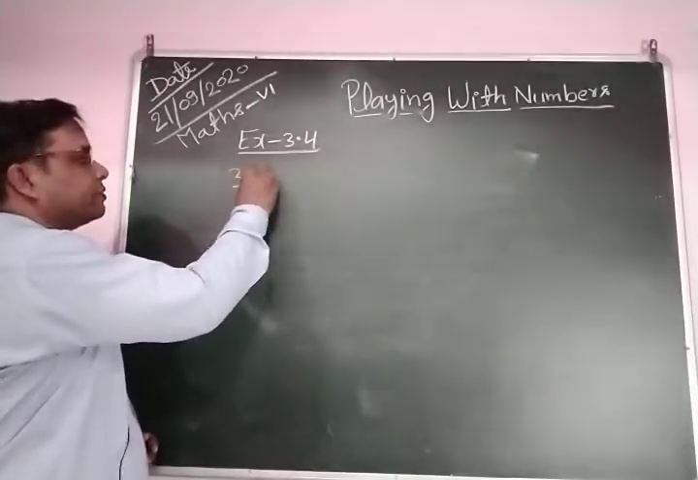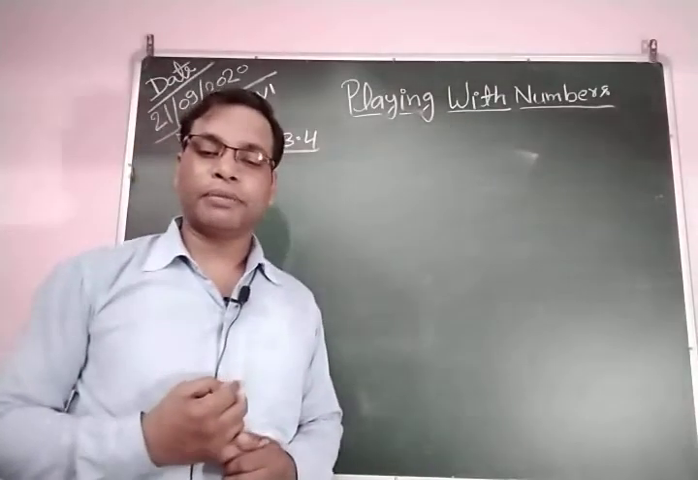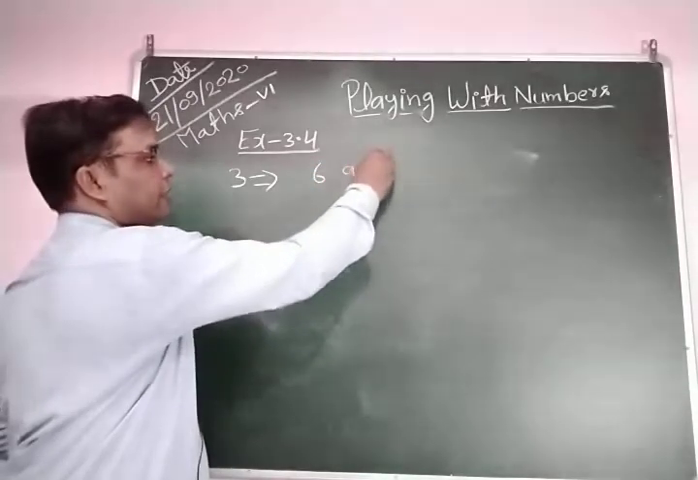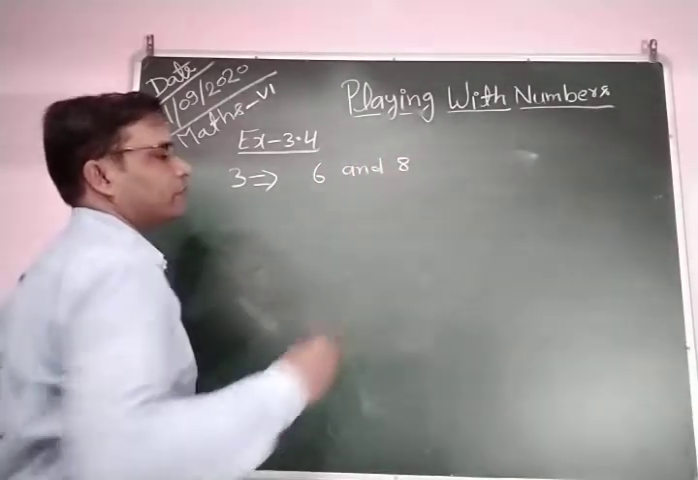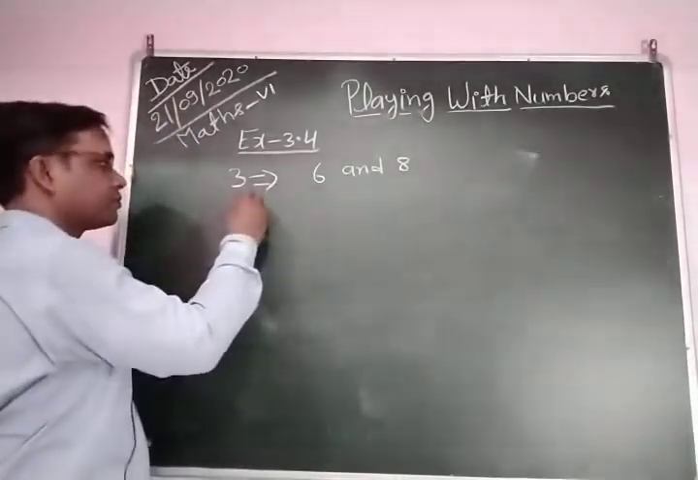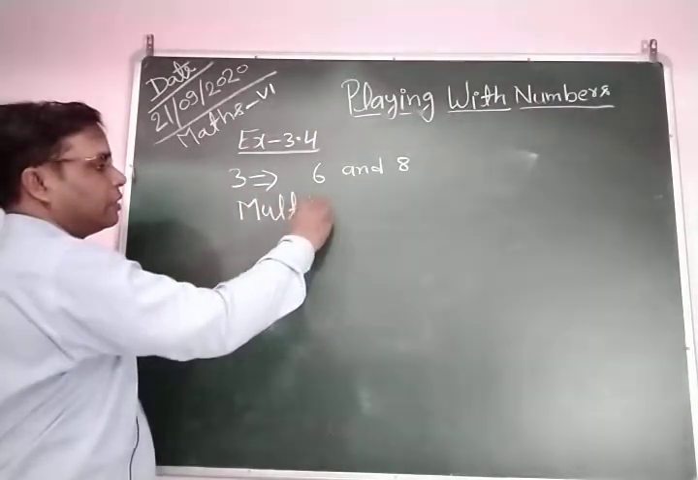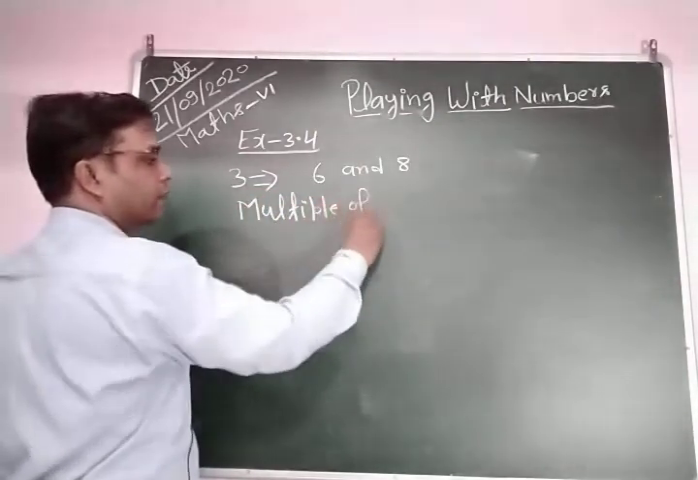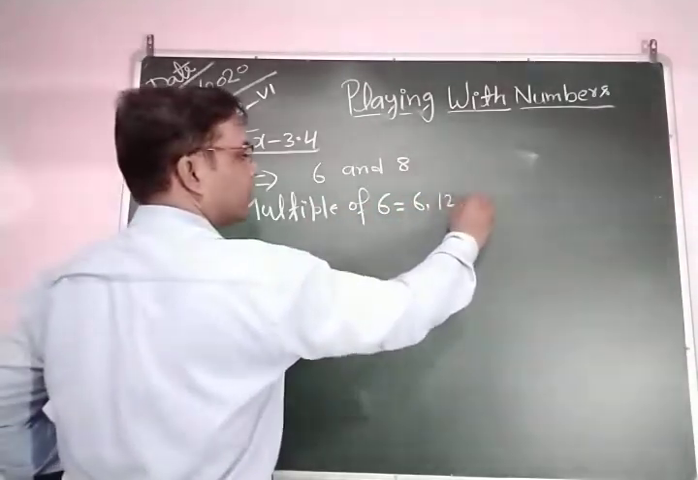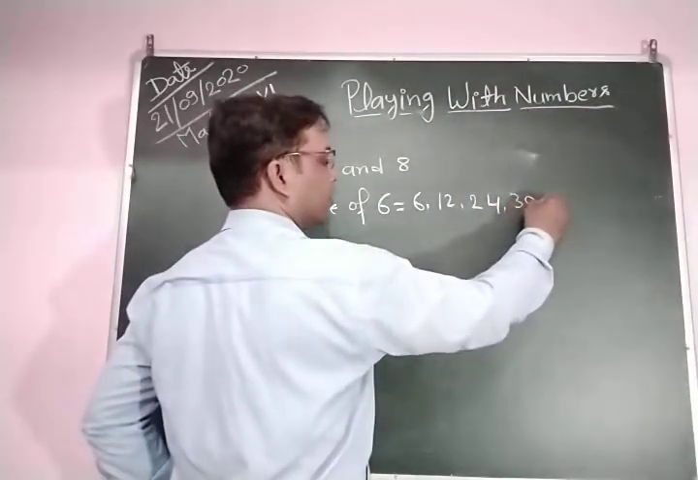Question number 3. Find the first 3 common multiples of 6 and 8. First 3 common multiples. So first write the multiples of 6. Multiples of 6 are 6, 12, 24 and 30, 36,